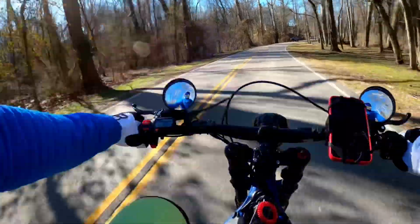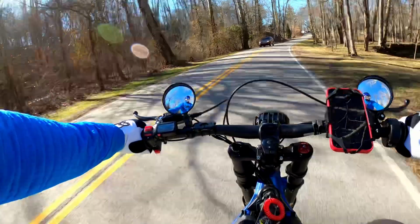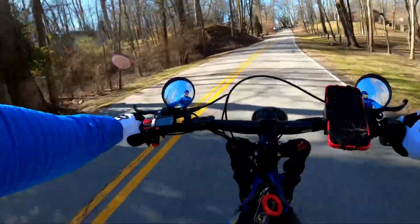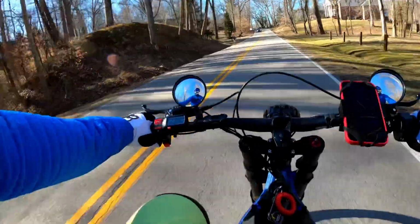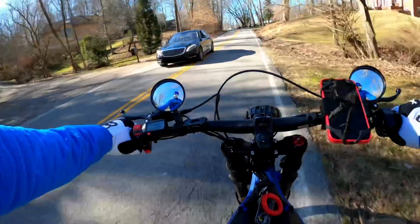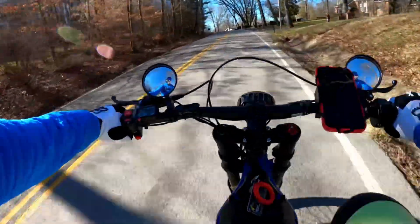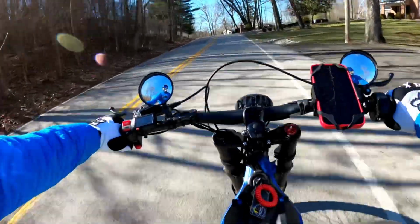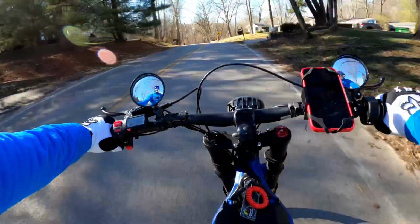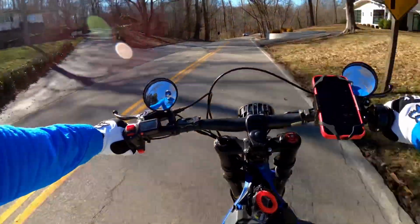Because I've had people that put you in pretty dangerous situations. So they just want to go a little bit faster to get to the stop sign, that they blow through and almost hit the person that's going on the other road. And two, when the speed limit's 25 miles per hour and there's somebody that's running on the road like that guy was, or somebody going on a non-electric bicycle going a little bit slower, maybe doing 15 miles per hour, it's a little bit safer, a little bit less